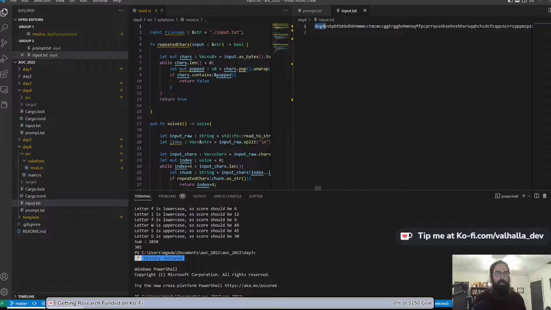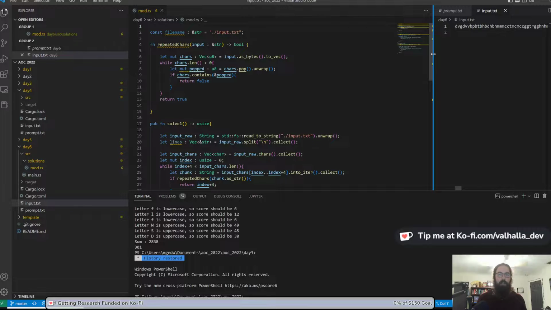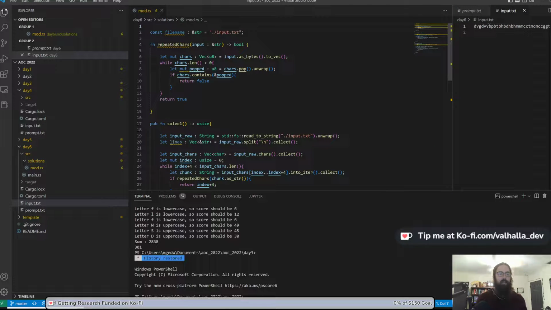So here you see DVGD, D is repeated. Here you see VGDV, V is repeated, same thing. Here, V is repeated, and you keep going until you find an instance where you have 4 characters that are all unique. All right, so I solved part 1 in a fairly unoriginal way, but I refactored the code